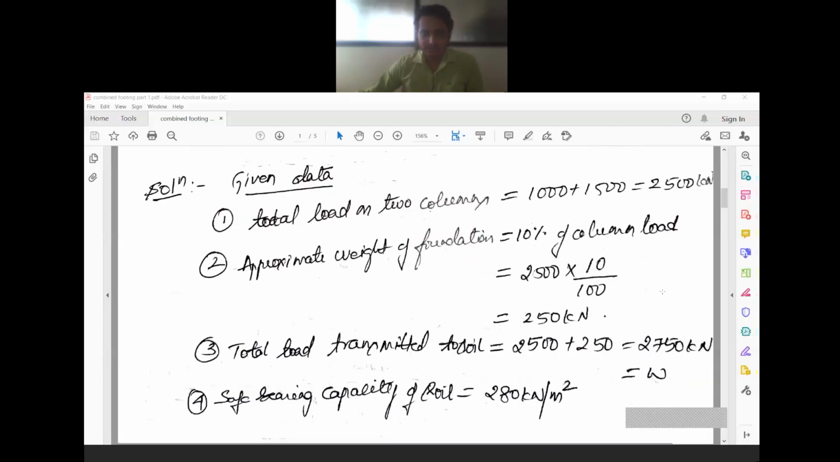Next, they have not given the foundation load, and also they have not given the dimensions of the foundation. So we need to just assume that the weight of the foundation will be 10% of the column